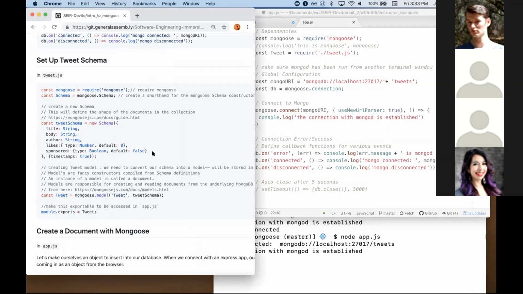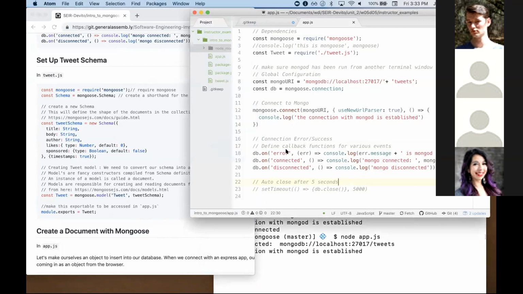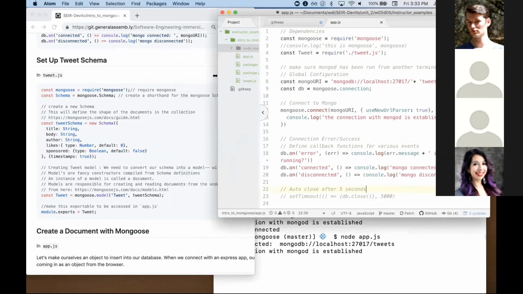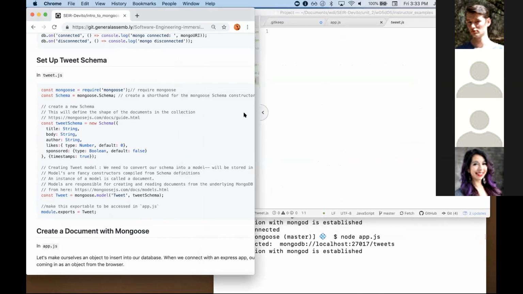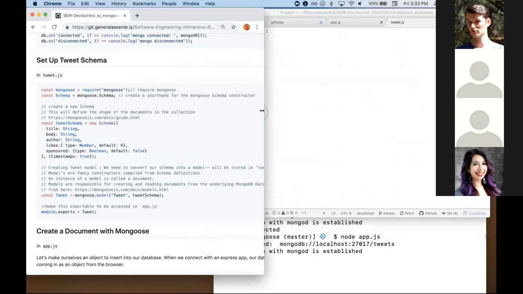All right. So now that we have our server done, we're going to move on to setting up the schema. So I'm going to move into tweets.js. Now in here, what we're going to do is import the schema. Now there's a lot of dealing with typing things out and trying to handle errors. What I want us to do, just for the sake of speeding things up a little bit, and I can walk through it,